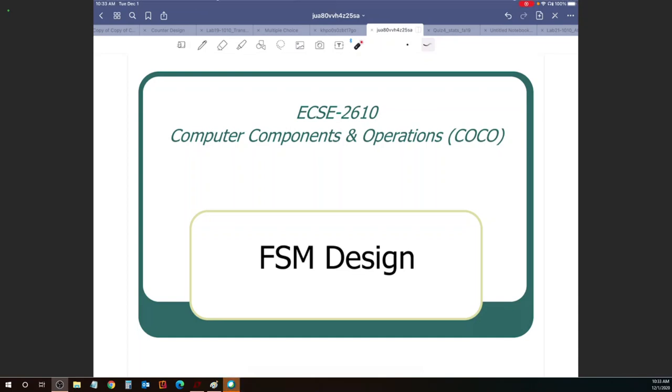When we were designing counters, we took an arbitrary sequence and used different types of flip-flops to accomplish that counting sequence. So given these past two lectures,